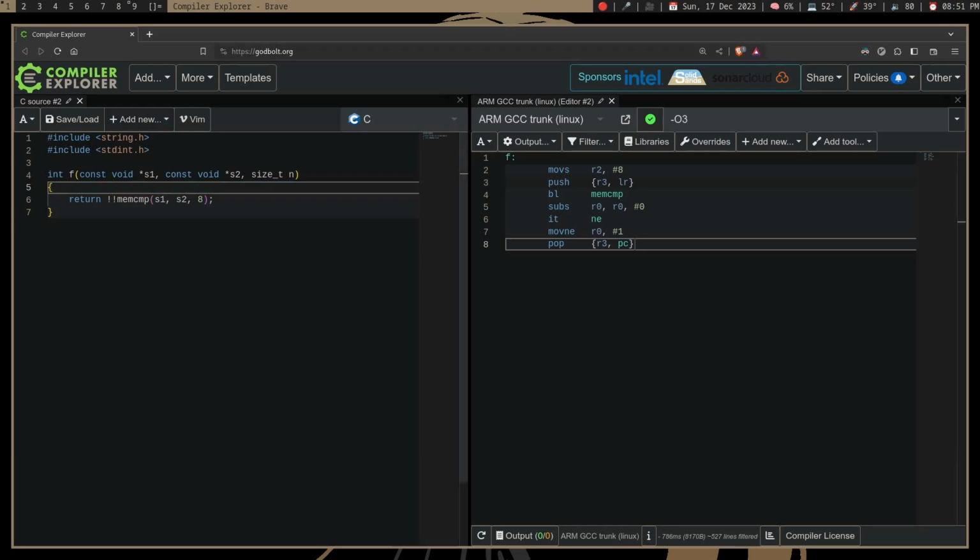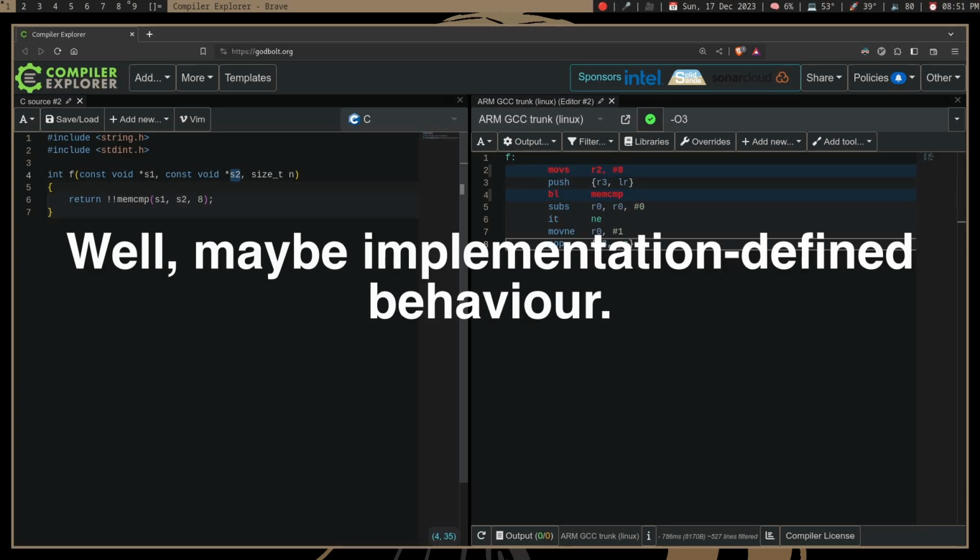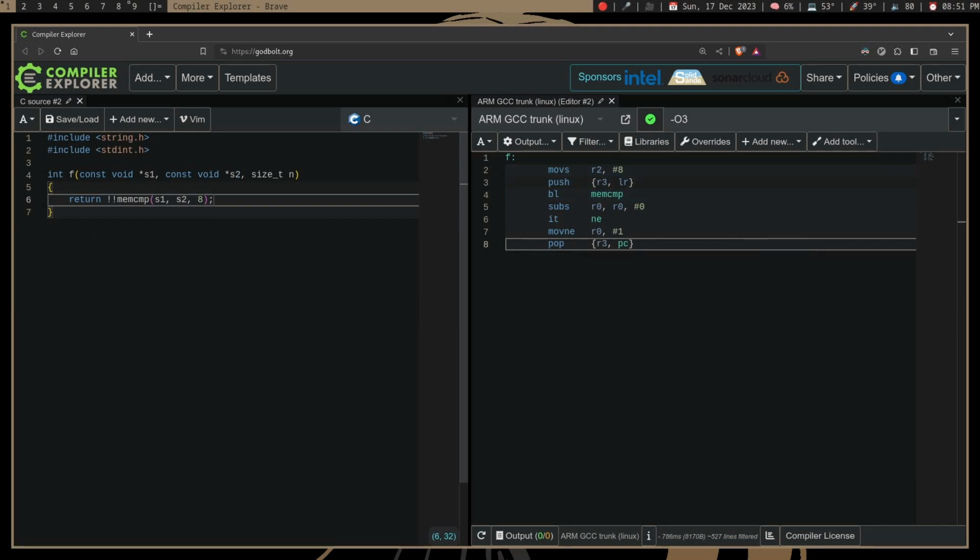And what that means is if s1 or s2, if the address is like 0x003 or something, where it's not aligned to the word size, let's say the word size is 8, so it's not like 0x8 or 0x16, it's actually undefined behavior. So the architecture can do anything it wants. If you try to access unaligned data,